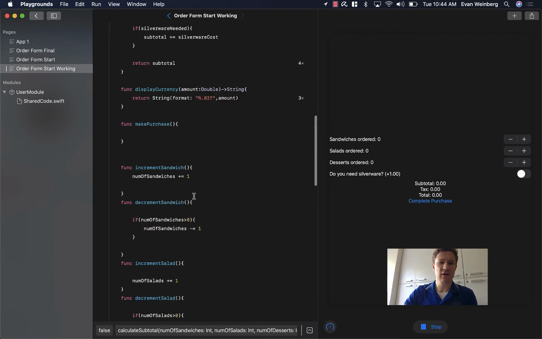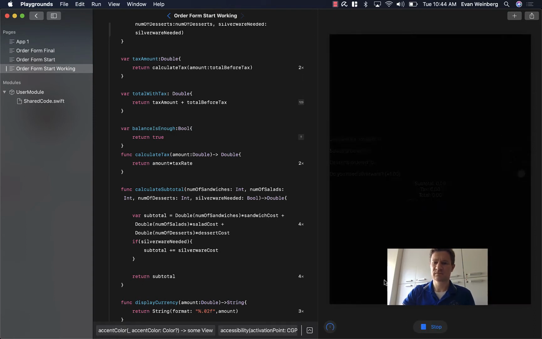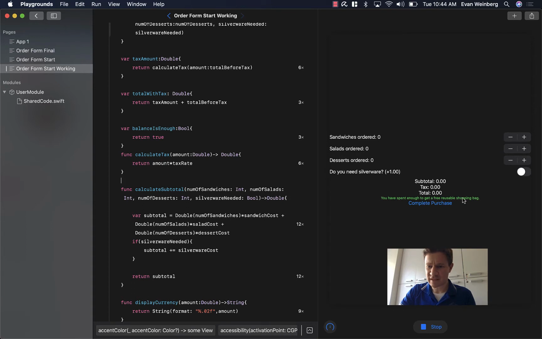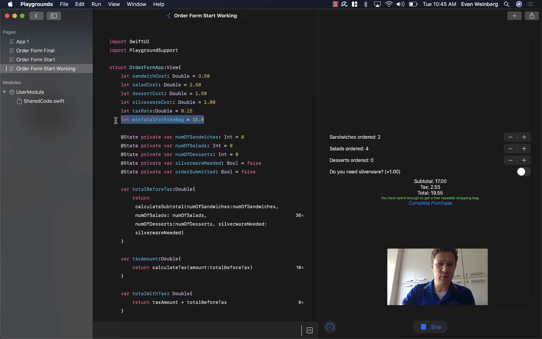And so I have this variable, balance is enough, that's setting that. If I change this to just be true and run the code, you can see I have this message down here that I've spent enough to get the bag. But this, at the moment, is completely separate from the rest of this app because I have just set this value right here to be true, and it has nothing to do with whether that subtotal has exceeded the amount or not. I have this min total for free bag right here, which I'm going to use to set that